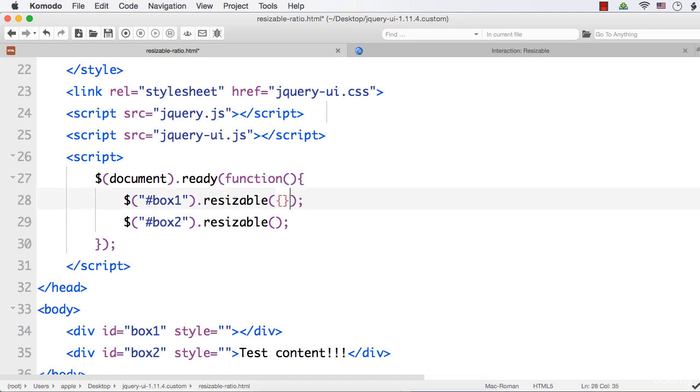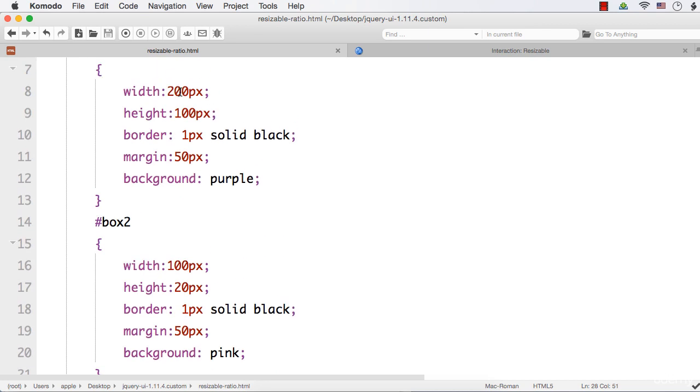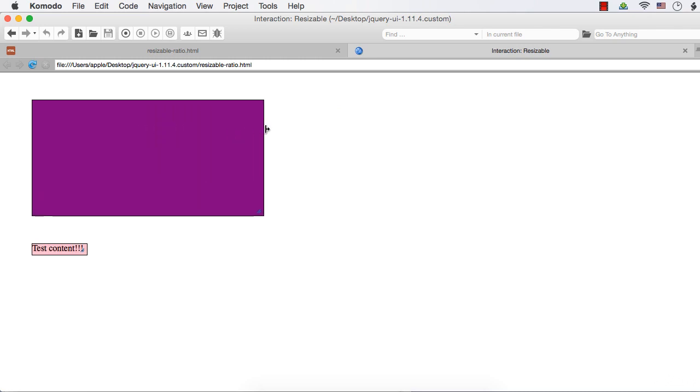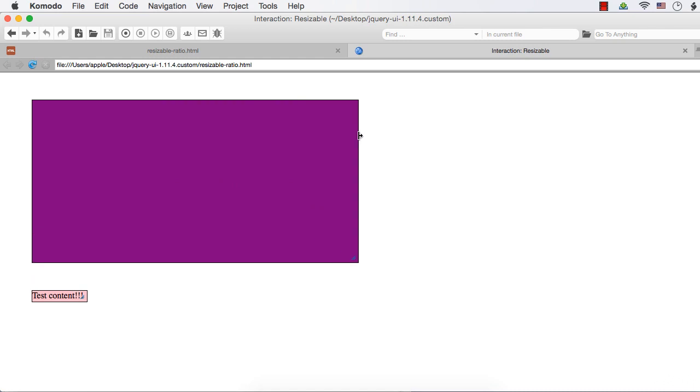So let me set the value of aspect ratio, R needs to be capital, to be true. Now what will happen when the element resizes? It will maintain its original aspect ratio. So the original aspect ratio is 2:1. So whenever we resize it, it will be in this particular ratio. So let us try to increase the width of it. See, when I increase the width, the height is also getting increased in such a way that it maintains the